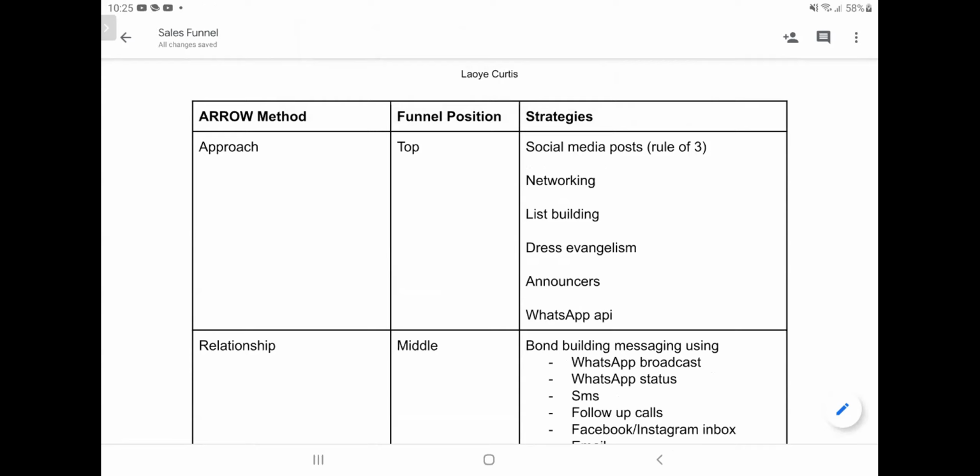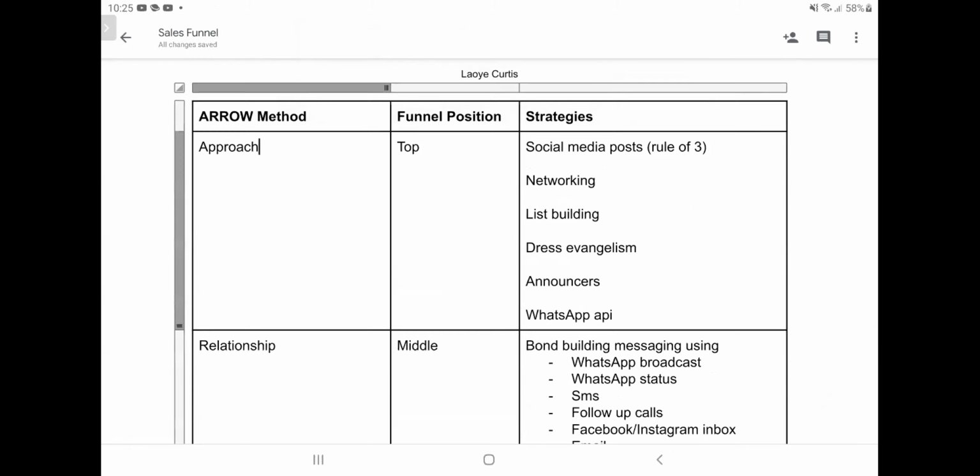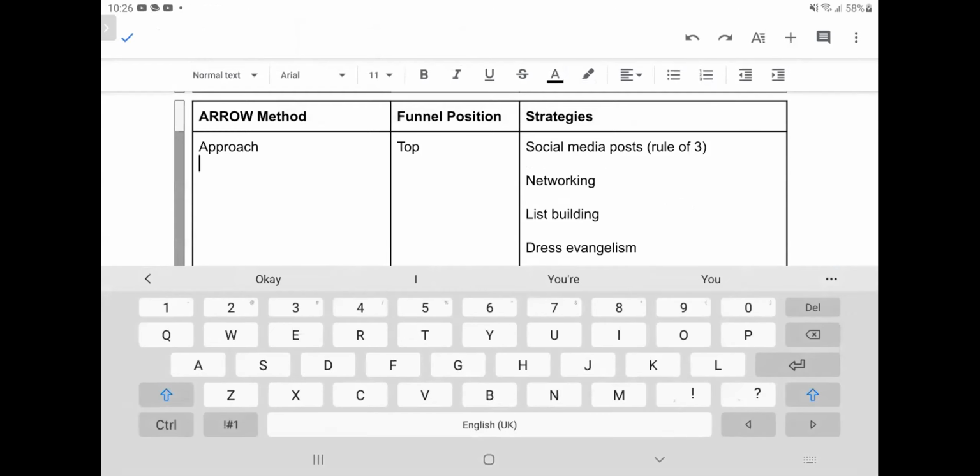So approach in this situation here means reaching out to your target audience